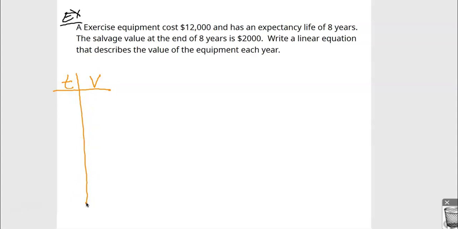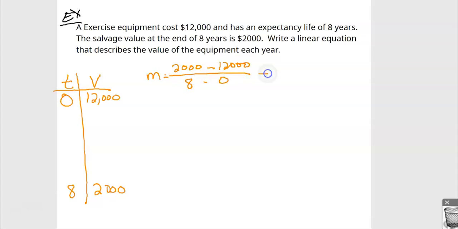So notice at the very beginning, time 0, the value was $12,000. And notice at the end of 8 years, the value was $2,000. So notice these are literally 2 points. If we find the slope, y2 minus y1, so 2,000 minus 12,000, over x2 minus x1, so 8 minus 0, we're going to get negative 10,000 over 8,